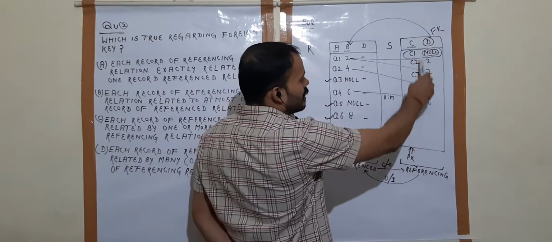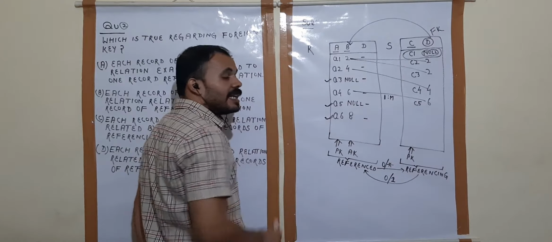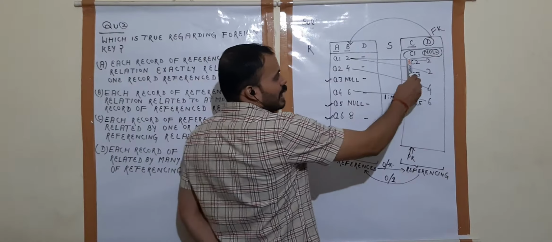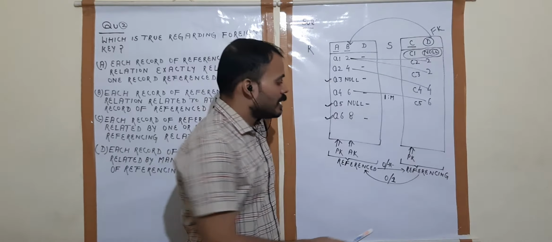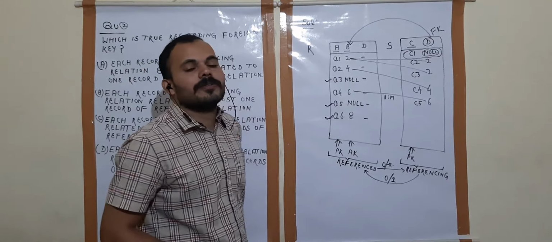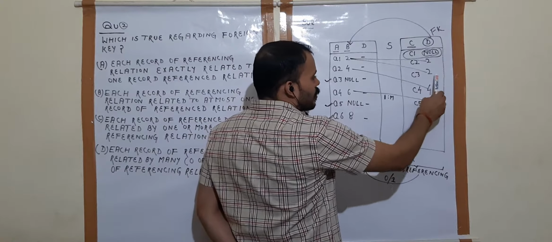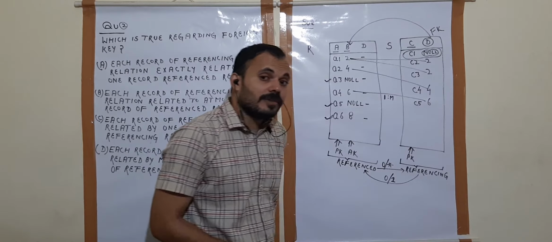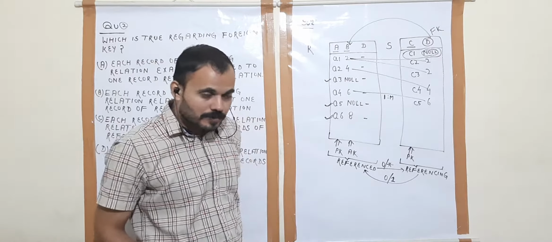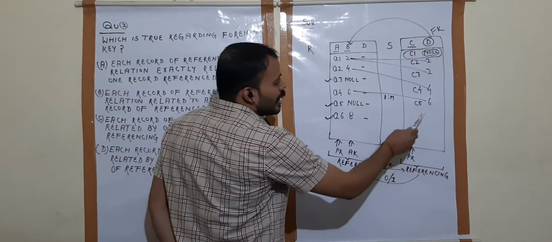each record of the referenced relation is either not related with any record of the referenced relation. See here, C1 null of the referencing relation is not related with any record of the referenced relation, and these four records are related with exactly one record of the referenced relation. So when we move from referencing to referenced,